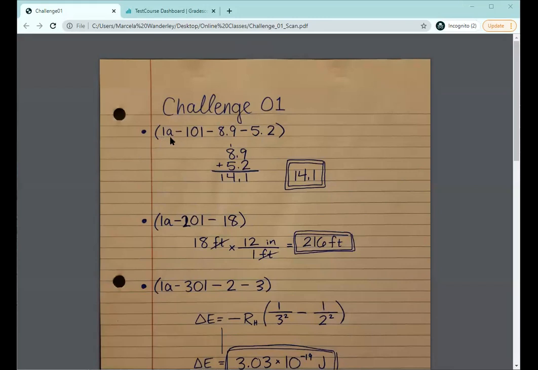It's going to always start with the learning target ID, and then it'll have a series of one or more numbers after that to let me know exactly which version of the question you're answering. If you do not include the ID number, I won't be able to grade your question and it'll be marked as incorrect. Second, please make very clear what your final answer is for calculation-based questions.